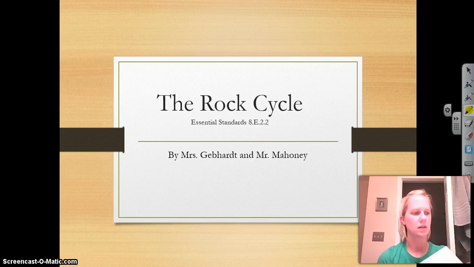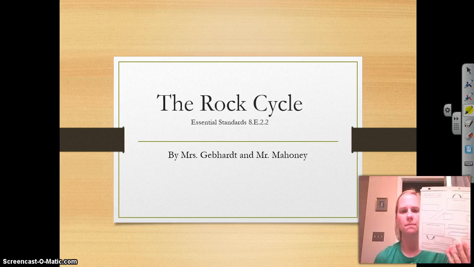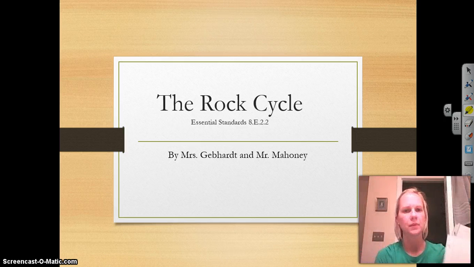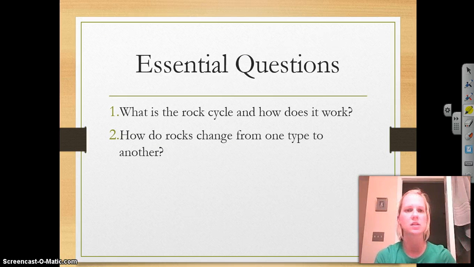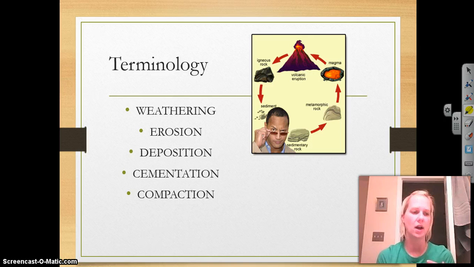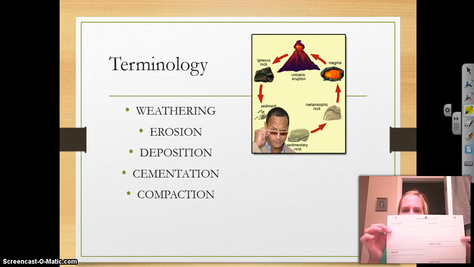So you want to get your rock cycle worksheet. It looks like this on the front, and then it looks like this on the back. Once we've completed these notes, you should know what the rock cycle is and understand how it works, and then be able to tell me how a rock moves and is able to change from one type to another. Before we start with the rock cycle, we're going to do this back part with these